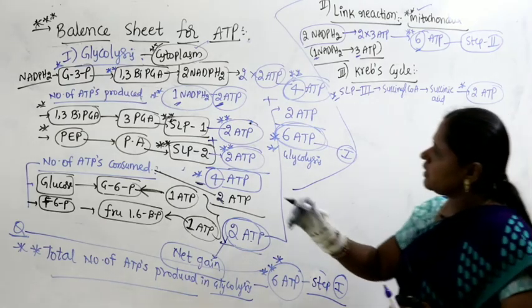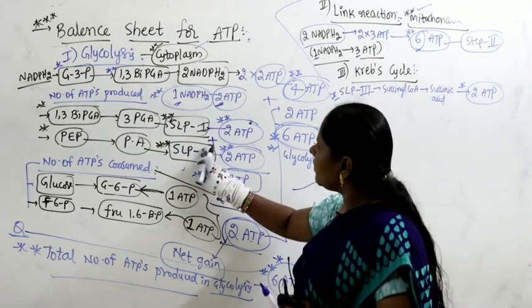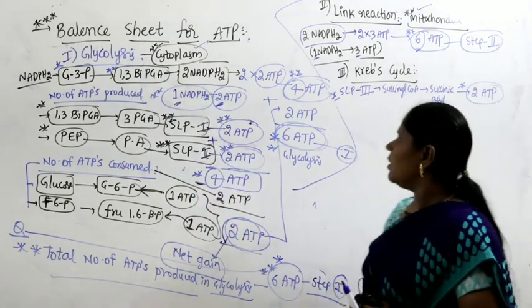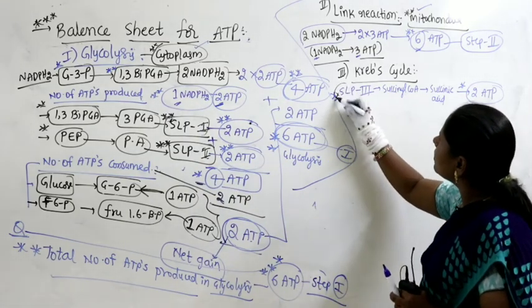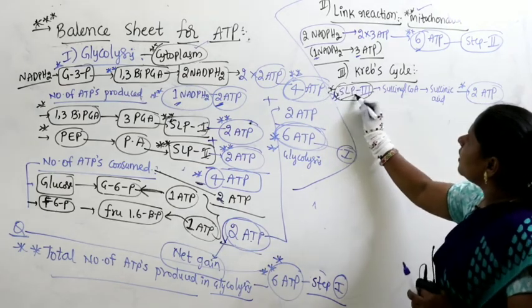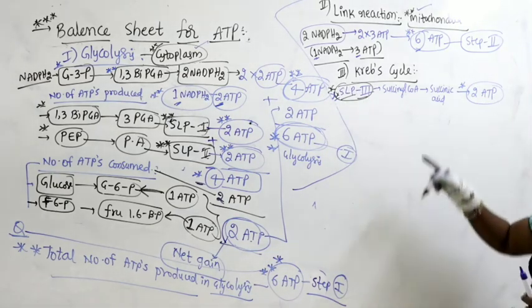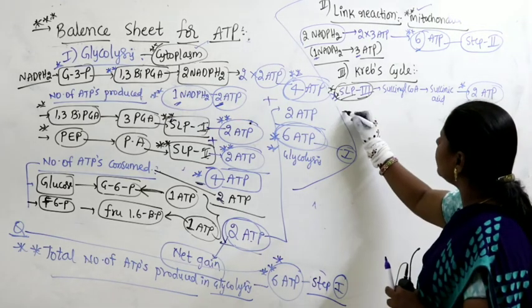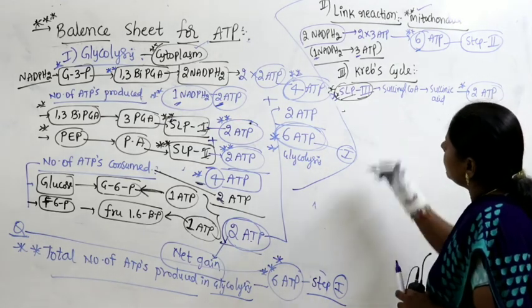Substrate level phosphorylation 1 and substrate level phosphorylation 2 happen at the time of glycolysis, but substrate level phosphorylation 3 happens at the time of Krebs cycle, in the conversion from succinyl CoA to succinic acid, giving ATP. Then after this, we can take